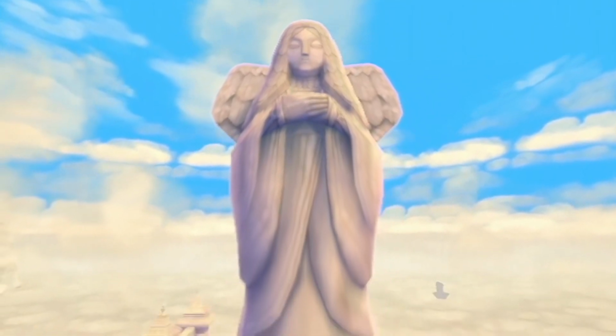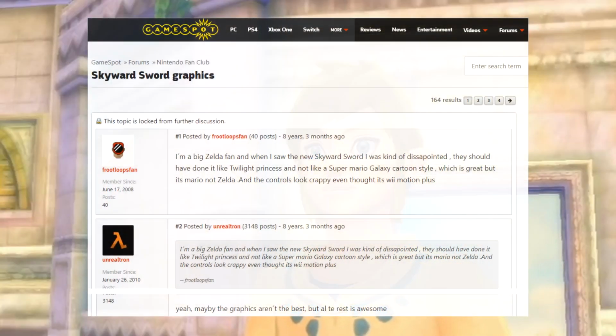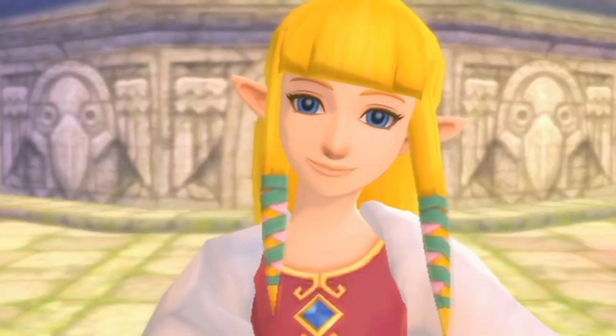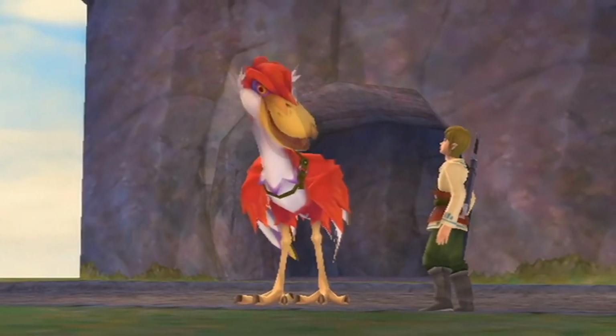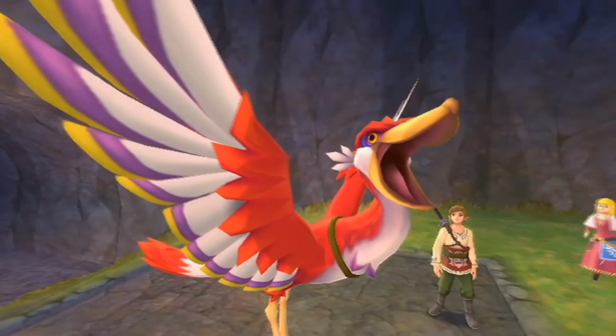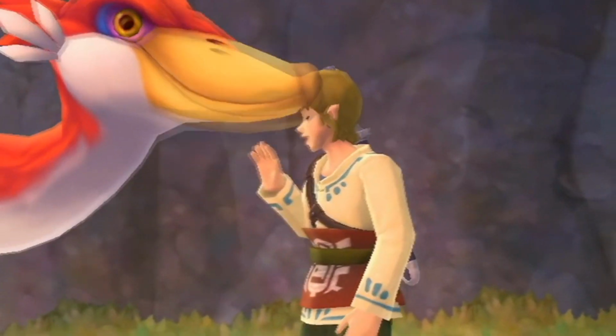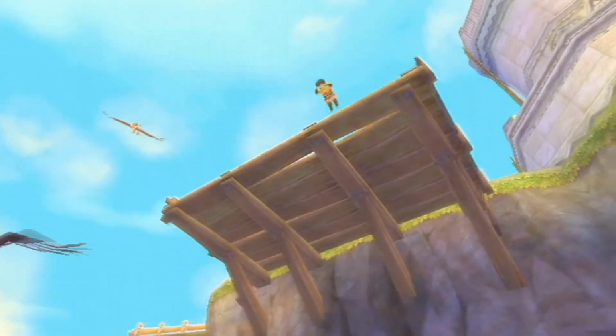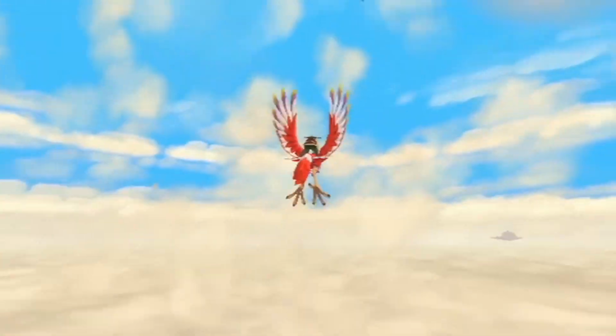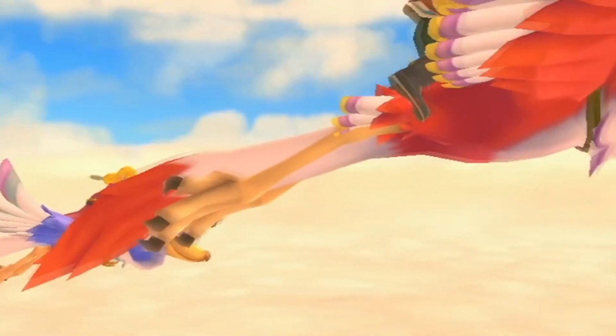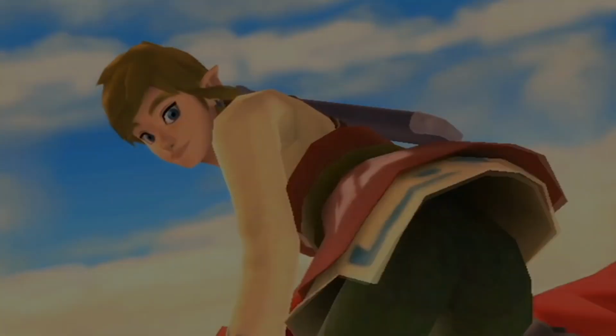And you saw this repeat when Skyward Sword came out. A lot of people were really upset. They were wanting it to go back to sort of the Twilight Princess style of things. And obviously Skyward Sword is a very contentious game in its own right, and a lot of people don't like it. But one thing you're not going to hear very many people trash talk about Skyward Sword nowadays is its graphics. People really like Skyward Sword's graphics.